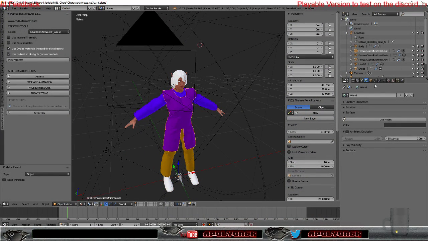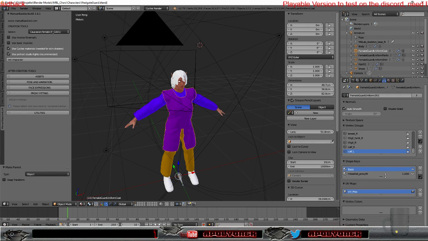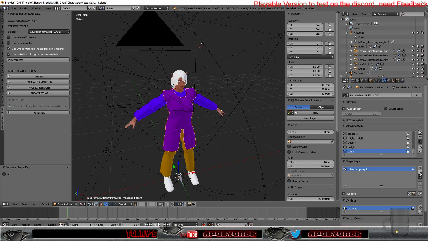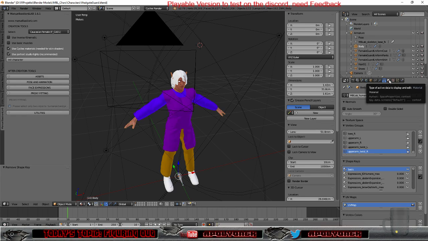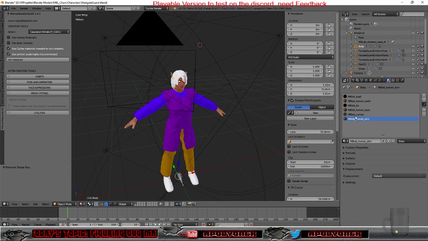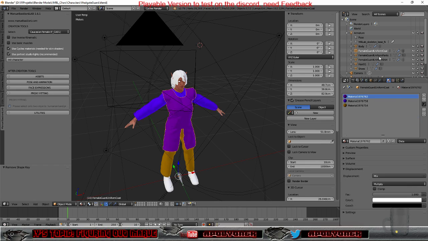I need to take these clothing pieces here and remove those two. And I also need to go in here. Those look good. Okay, so here I just need